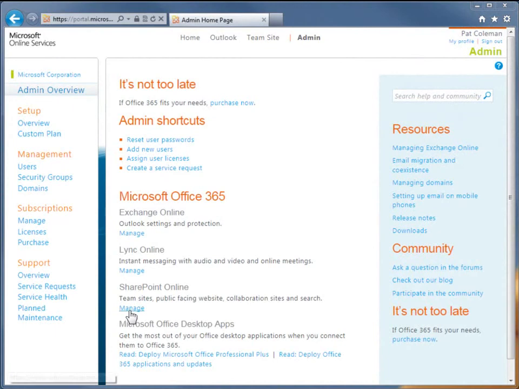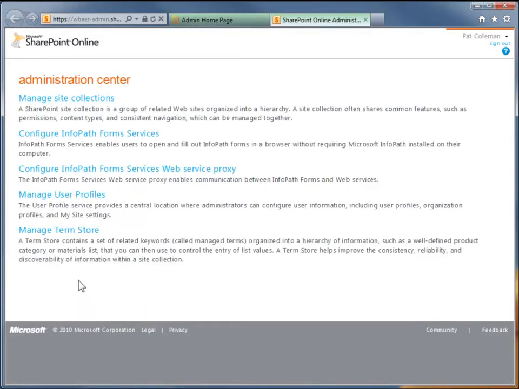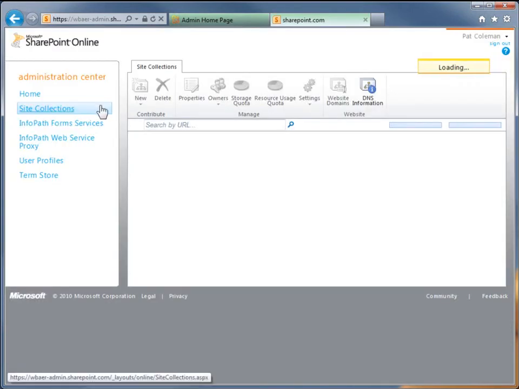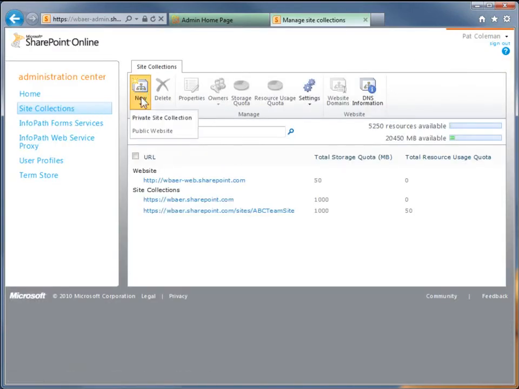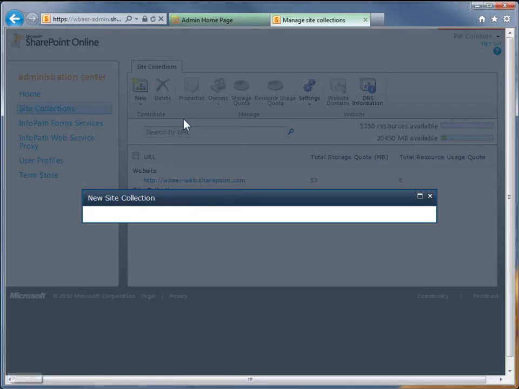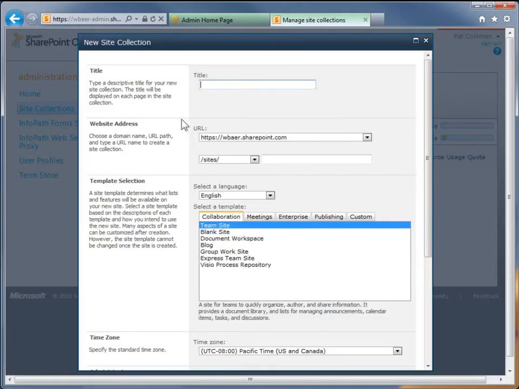From the main Office 365 admin page, click on the Manage link under the SharePoint Online heading. This takes you to the SharePoint Online Administration Center. Let's start at the top by clicking on the Manage Site Collections link. Once in the Site Collections Management panel, click on the New button in the upper left corner and then choose